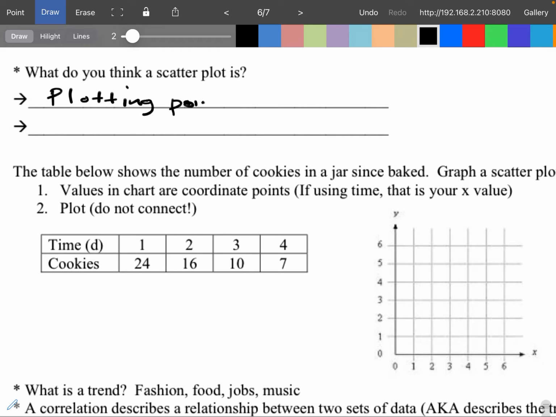All right, first question is, what do you think a scatter plot is? So it's, we're going to plot points. So it's plotting points. So plotting points to show